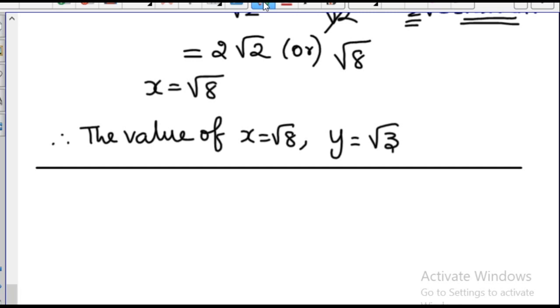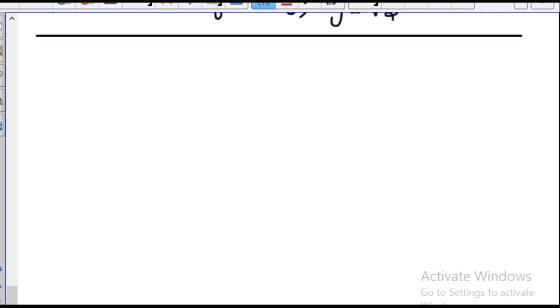Then next problem, question number 2. In the first question we used only direct equations, but in the second and third questions the question is given in the format of a word problem. So from that we are going to form the equation. Read the question carefully, then only you can write the equation properly. Raman's age is 3 times the sum of the ages of his two sons.